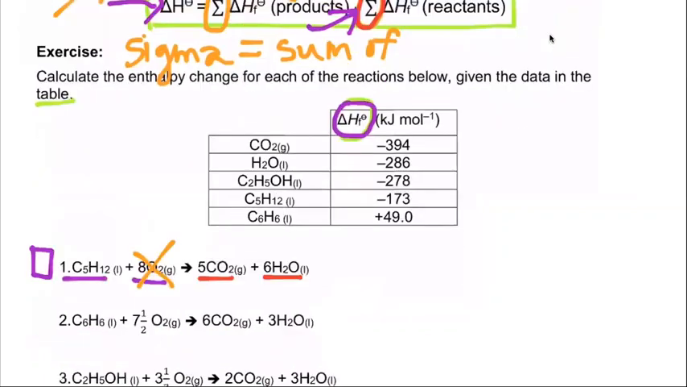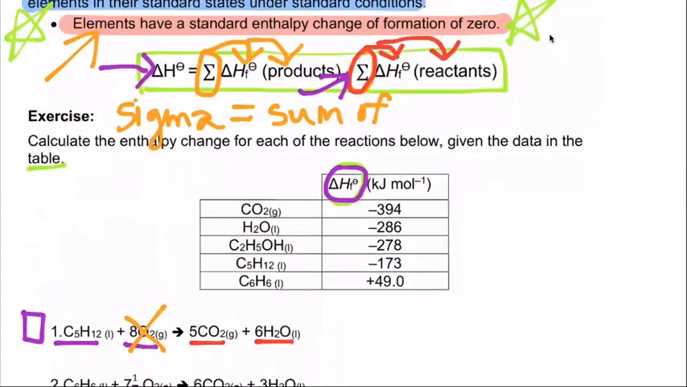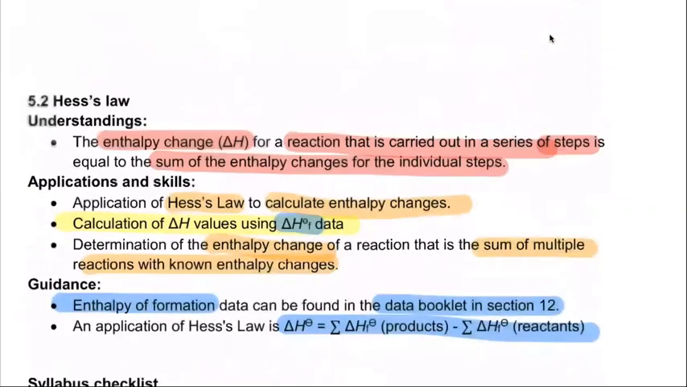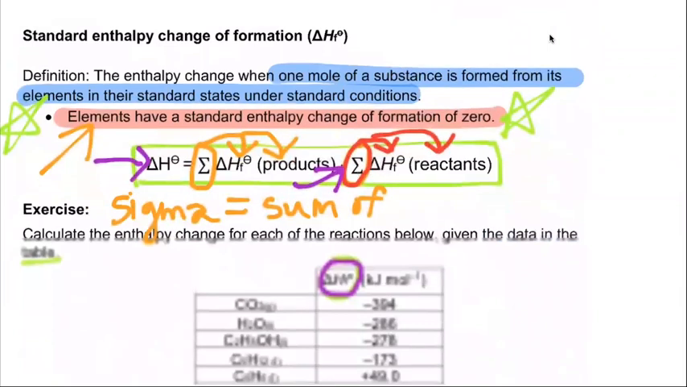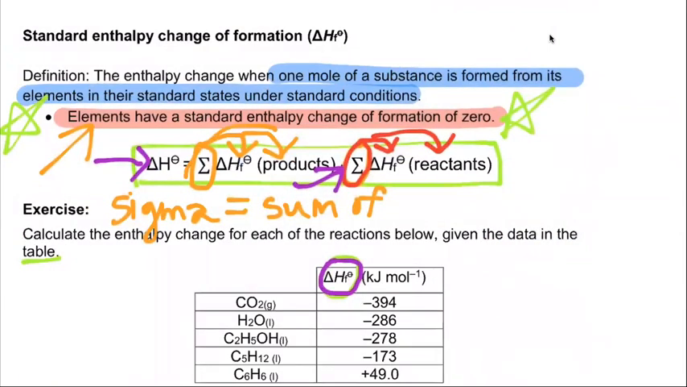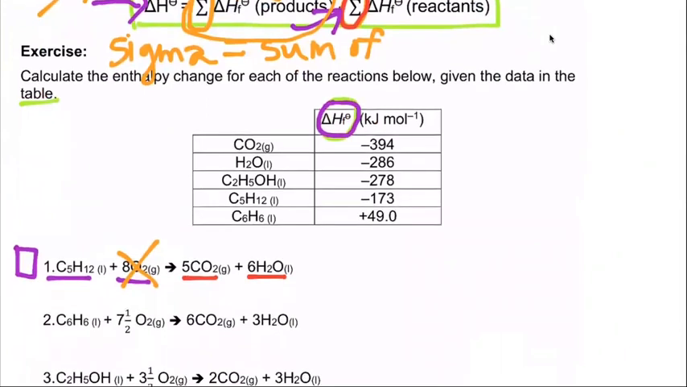So I'm going to come down here and look at our equation one more time. First thing I need to do is add up all of my products. That's over here. That's this side. So I need to look on this data table and find the formulas for my products and look up their enthalpy of formation value. So if I come down here, I underline them in red. So CO2,